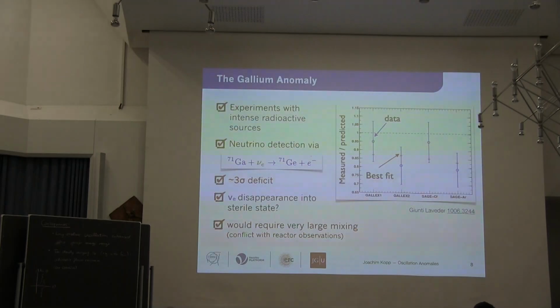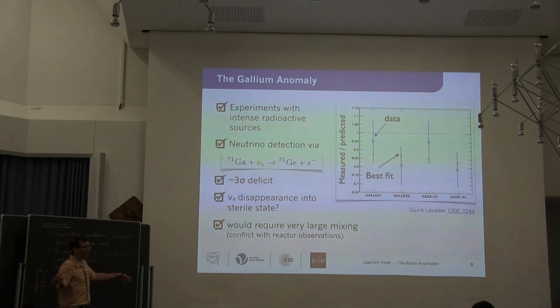And I want to talk about two anomalies. The first one is called the gallium anomaly. The second one will be the so-called MiniBooNE anomaly. So, the gallium anomaly. These are experiments with intense radioactive sources and with a radiochemical detection process. So radiochemical means